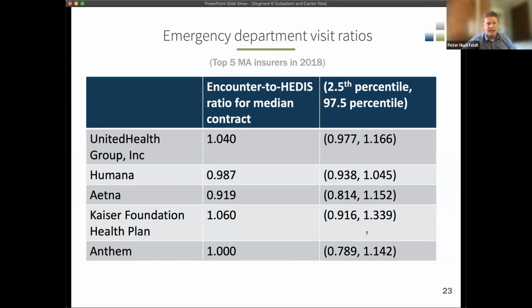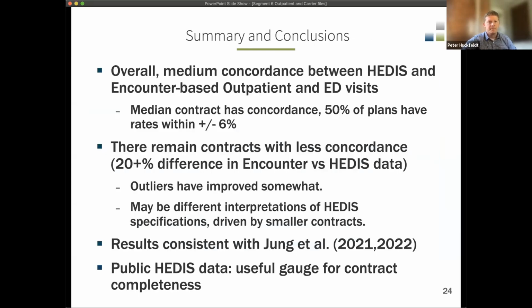But what I would actually mention here is just that for these top 5 insurers, the variation across contracts within an insurer is a bit more narrow than you find when you're looking across all contracts in a given year. Okay. So just to summarize,